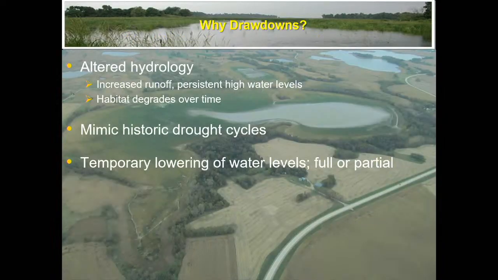Why drawdowns? If you think about how these shallow lakes operated naturally hundreds, thousands of years ago, they would go up and down with the droughts. Think about the 30s, I'm guessing quite a few of these lakes were pretty dry, almost nothing left on them. We get into our current cycle, now we got rain all over. Best example I can think of is those glacial lakes over in South Dakota, that Watertown, Brookings, Webster area, where you see these big cycles of the droughts hit them hard.